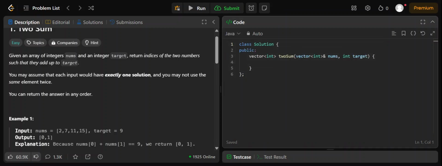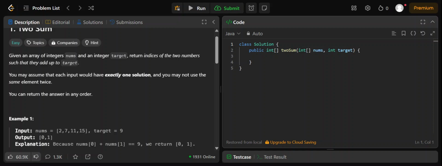So there is an array which stores integer values, and the name of that array is nums, and an integer target, which is stored in the variable target, and the array is stored in the variable nums, and this nums has only integer values.